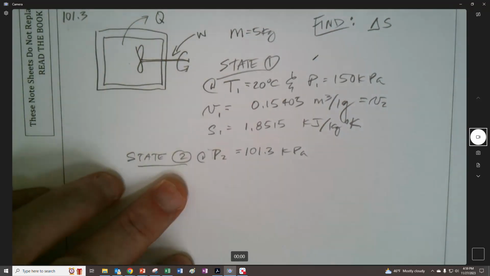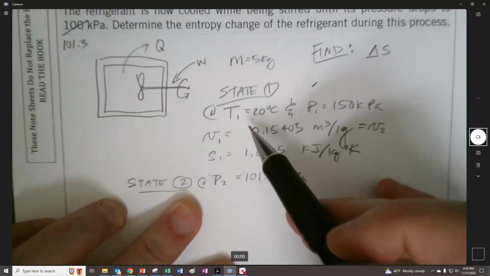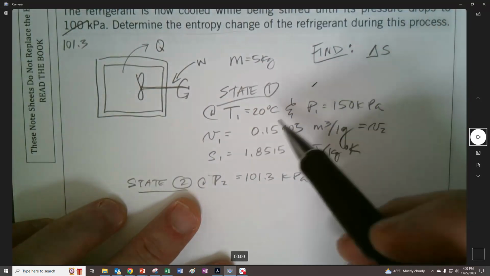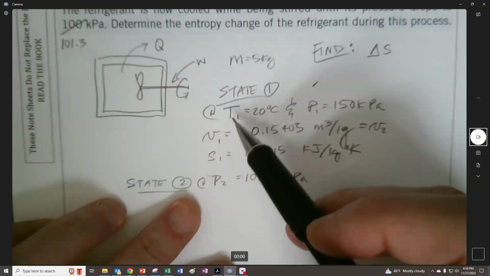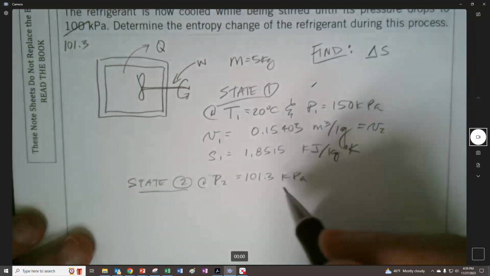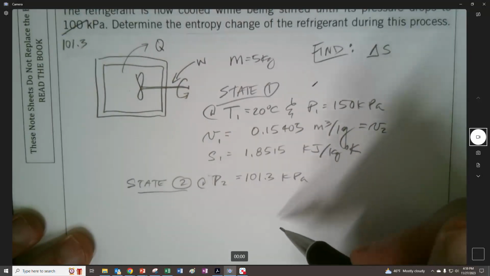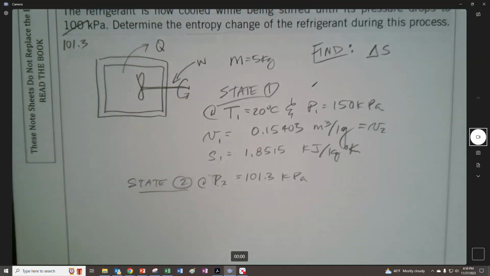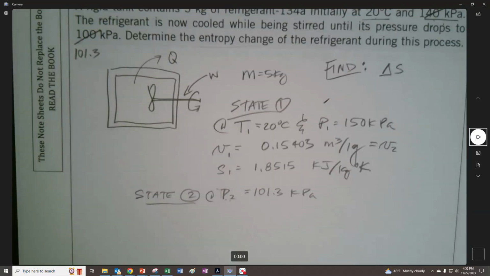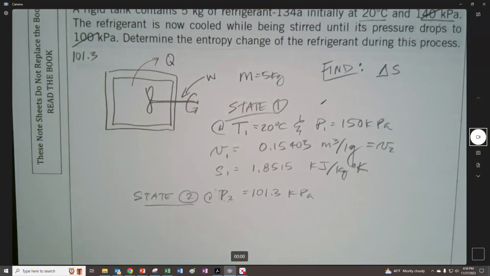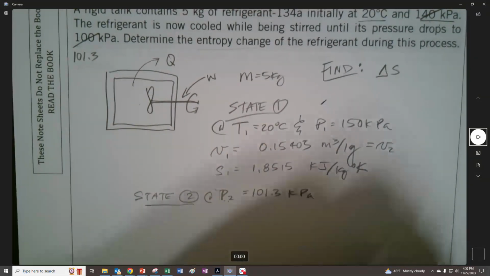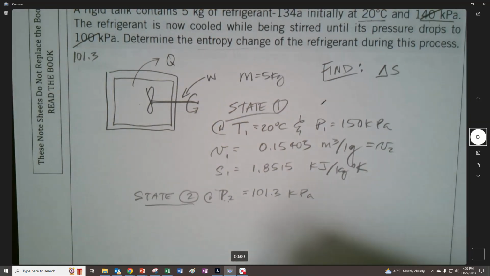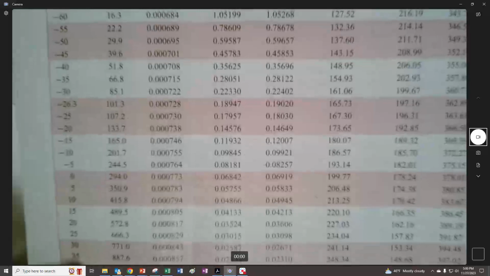All right, so we don't have an isothermal process, so we can't really do anything with the Q, because for one thing, the temperature and the entropy are changing as we're going from one state to another state. But what we can do is look up and see if V is between the two. And we're hoping it is, because otherwise we don't have enough information, I don't think. So we come to here and we find out that